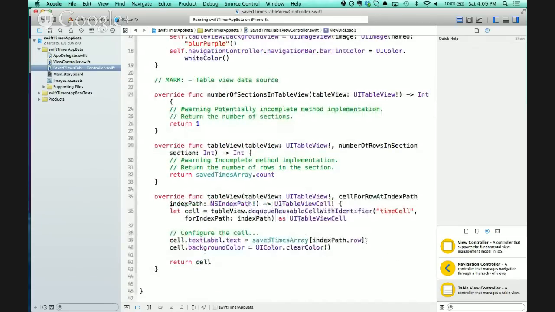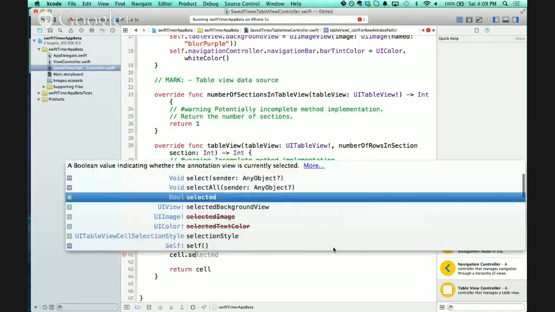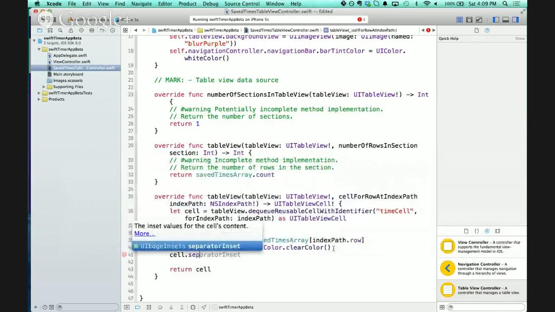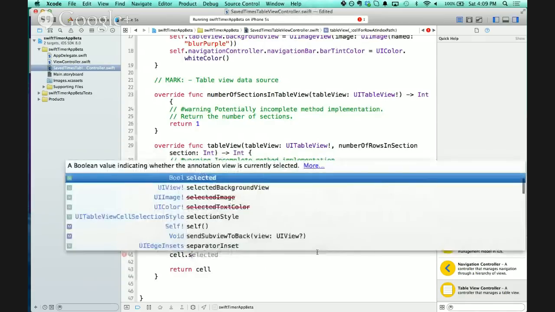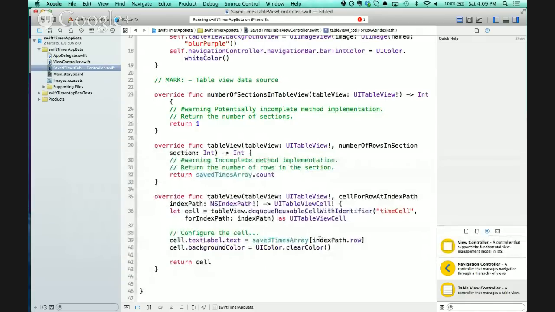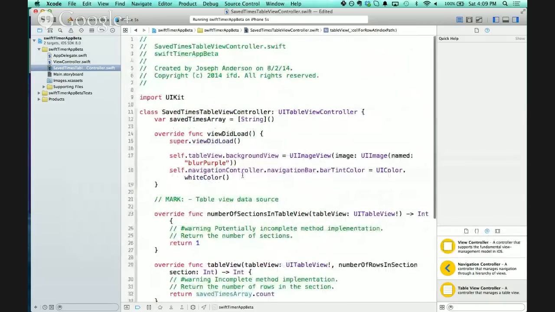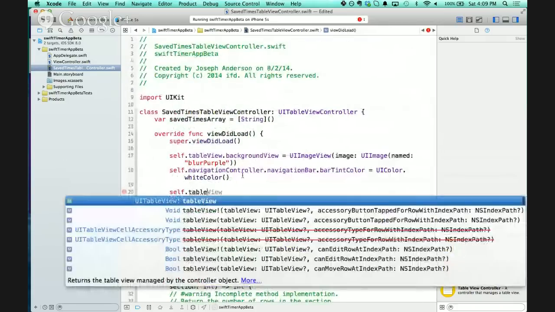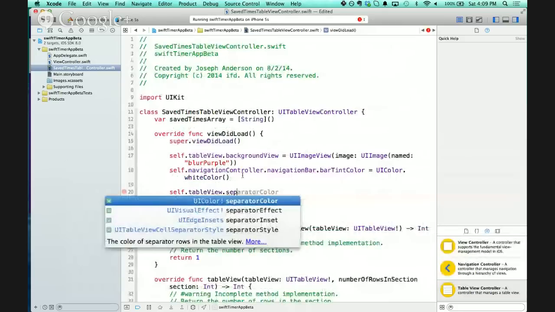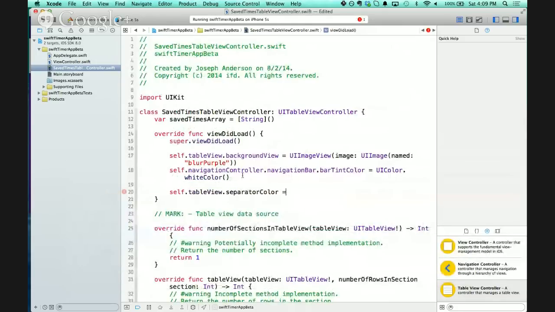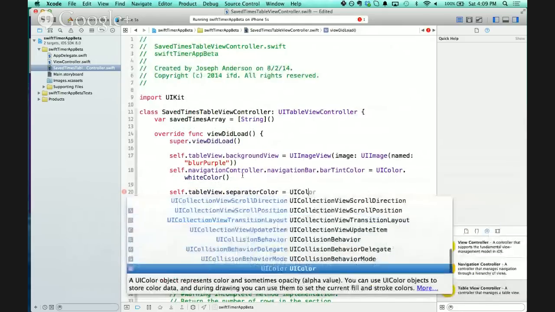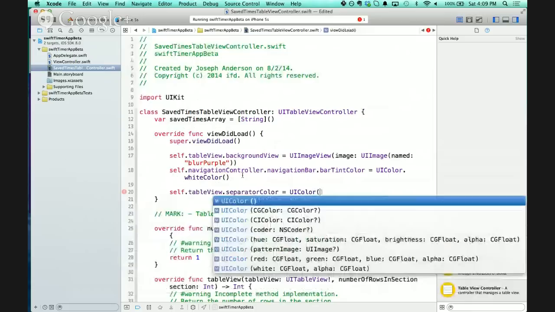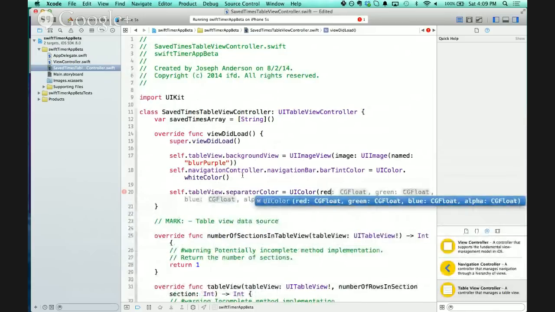Cool. And then you can change separator color in code, but not right here, right? Is it on the cell? You can hide it too. It's on the table view. On the table view? We'll go self.tableView.separatorColor. There you go, UIColor. Here, setting colors, you can just do UIColor red, and this is going to give you the